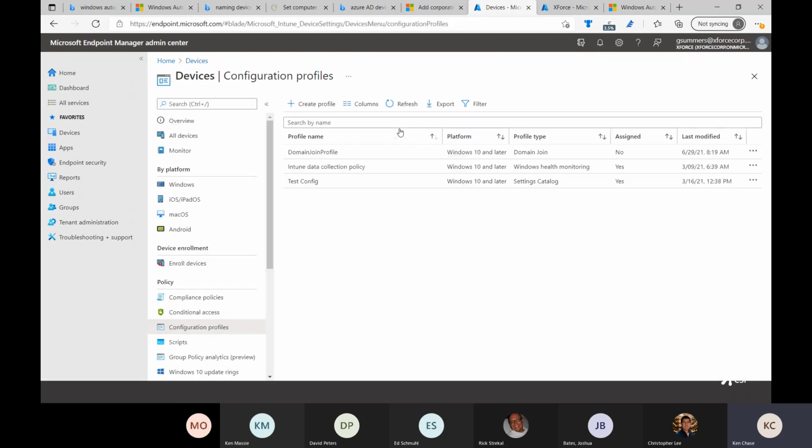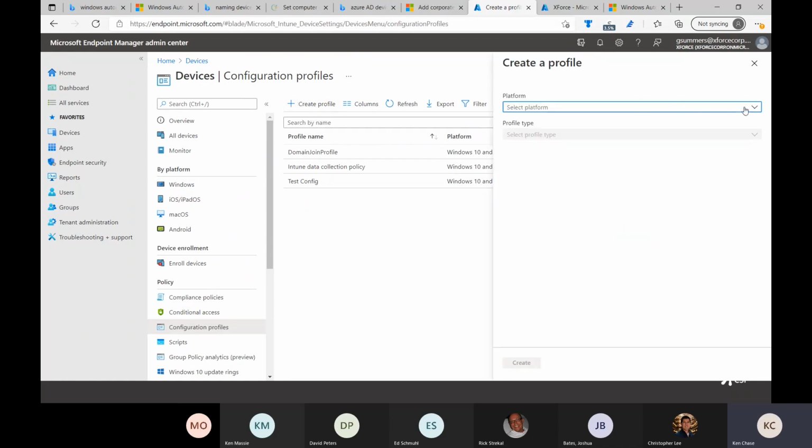So any settings that you would configure through a group policy, you can configure within here. How you would do that is you would go ahead and say, I'm going to select my Windows 10 or later, and to go ahead and get that group policy like one-to-one type settings, choose settings catalog,